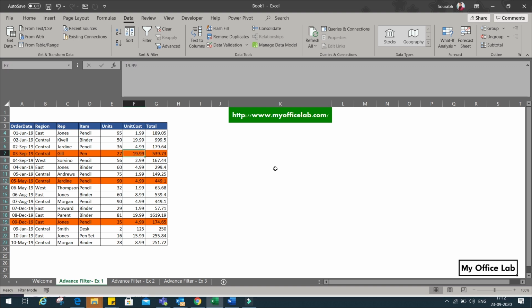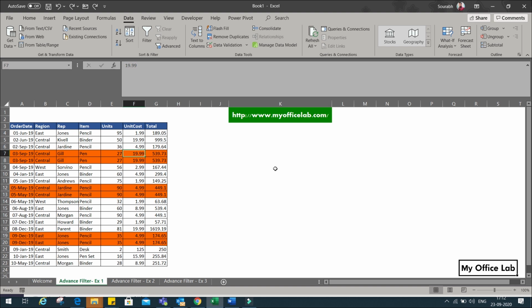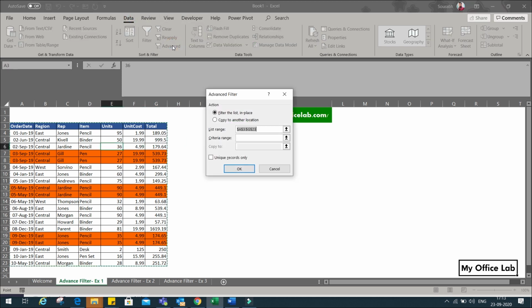In the next example, I will remove the duplicates and copy the data to another location. Let's say I'll copy the data to cell M3. For that, we'll again go to the Data tab, click on Advanced Filter to get the Advanced Filter dialog box. This time we'll select Copy to another location instead of Filter the list in-place.